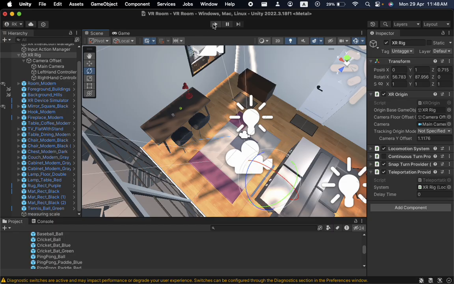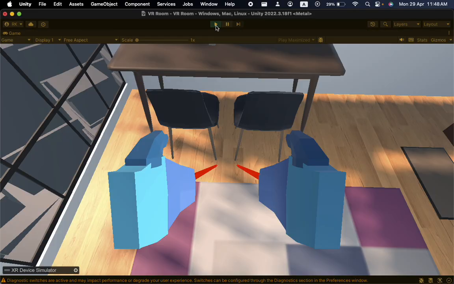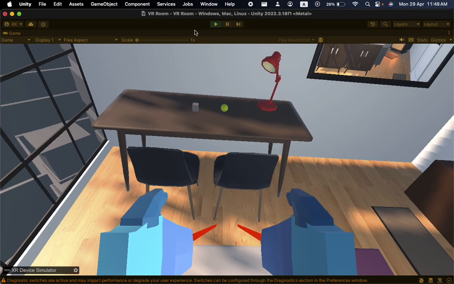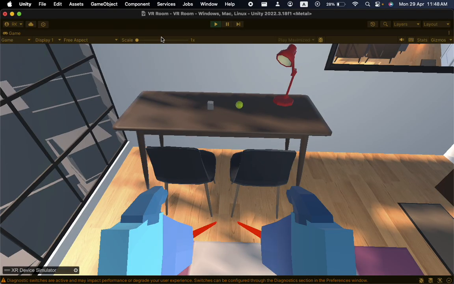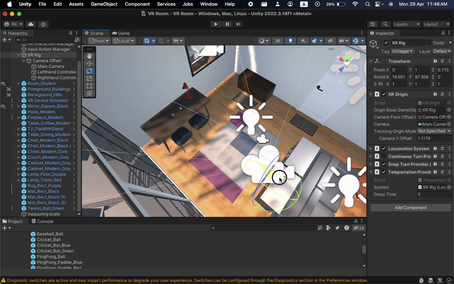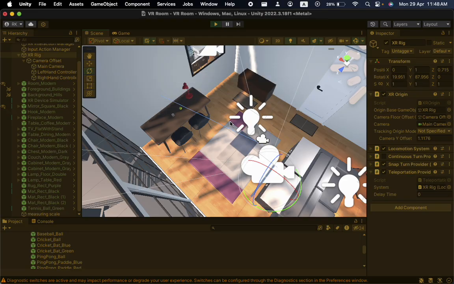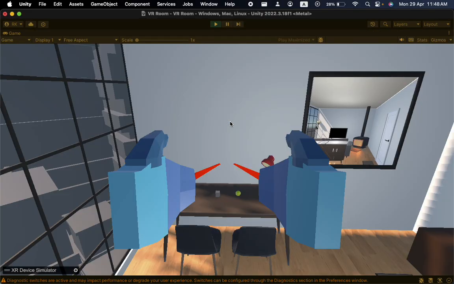Okay, let's see now. Much better, but let's rotate it a bit more. All right, now